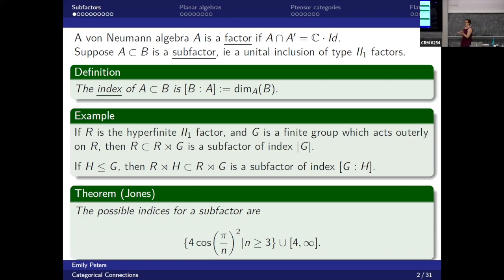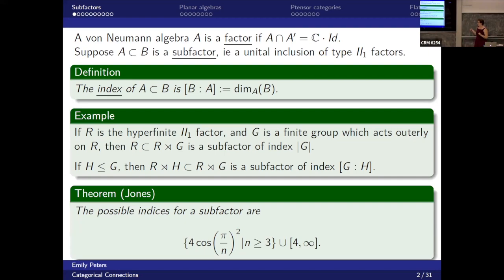And so we can import a lot of classical algebra to this setting by letting a group act on our hyperfinite II_1 factor. For instance, we can take a crossed product construction. Now our subfactor really just reflects the structure of the group G. For one thing, if you look at the size of the inclusion, it's the size of the group. And if we took a subgroup H and did this crossed product construction, then the index of our subfactor would be the index of the subgroup. And so far you're saying, yes, great, this all mirrors stuff that happens for finite groups very nicely.